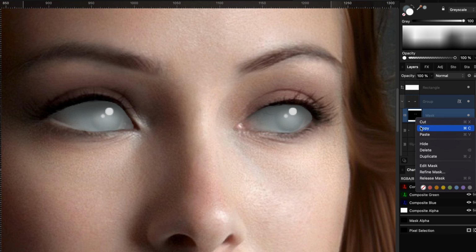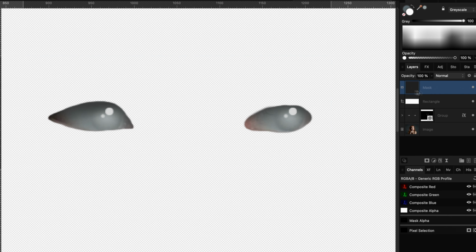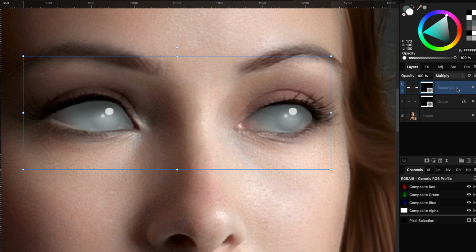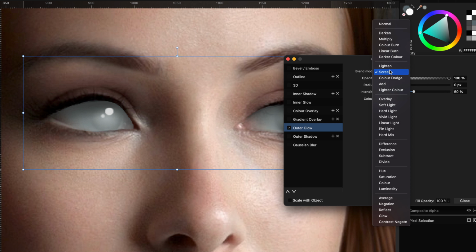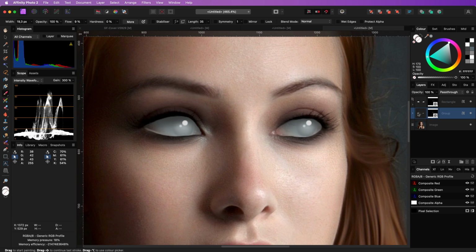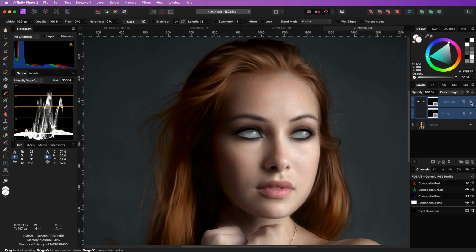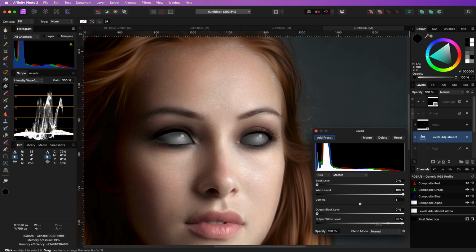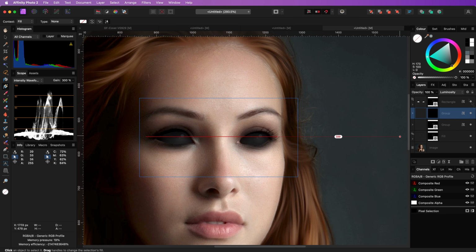Let's now duplicate the eye mask and apply this to the rectangle we just created. With the mask rectangle selected, I can open up the Effects dialog again and apply the Outer Glow effect. With a little bit of fine-tuning, there we have it. Glossy horror eyes. If you want, you can modify the look to a dark version by applying some additional adjustment